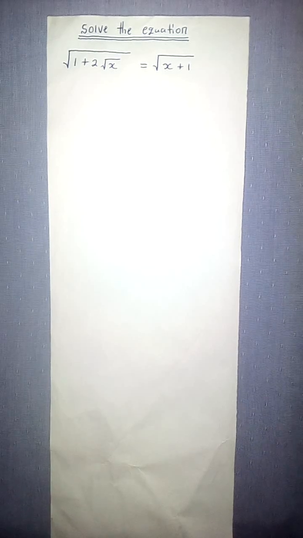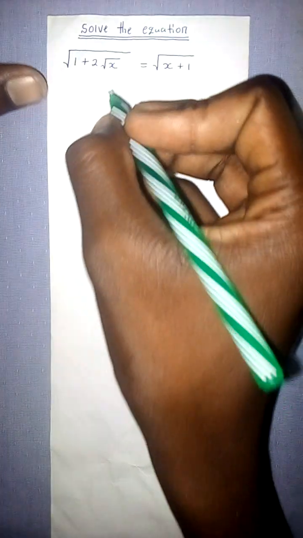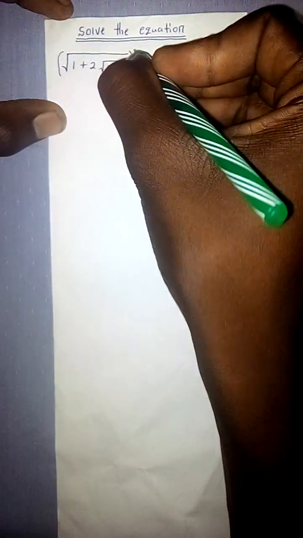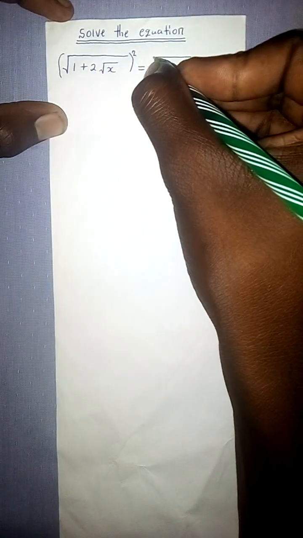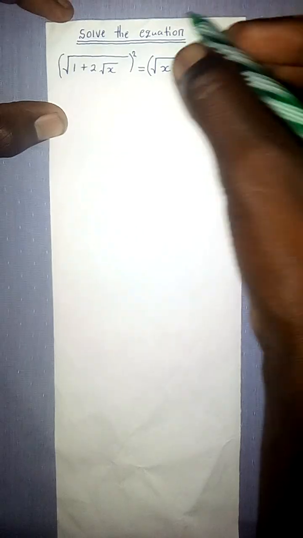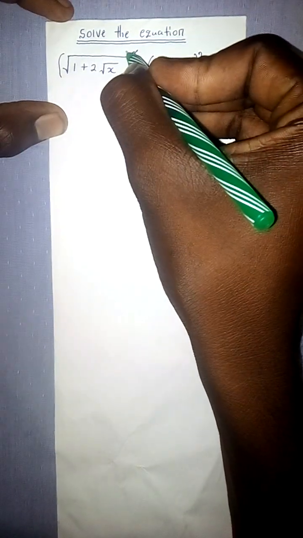Alright guys, let's solve this question, which reads: solve the equation. How do we solve such an equation? Well, we simply start with getting rid of the square roots. In this case, we say this part raised to the power 2 and this part raised to the power 2. So this cancels out